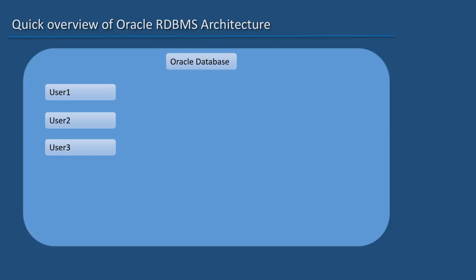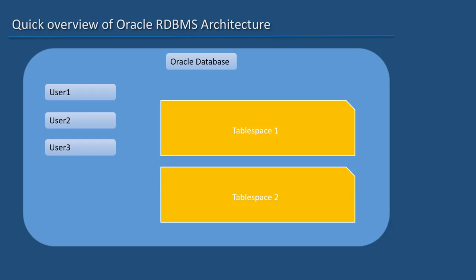When the Oracle database is open, to access it, you would need to log in as an user, meaning that we need to have database user accounts within the database. And when the users create tables, they create them in a logic structure called tablespace. A tablespace can be made up of one or more data files. So, from the OS perspective, we will see only the data files. But if we log into the database, then we can see the table spaces.